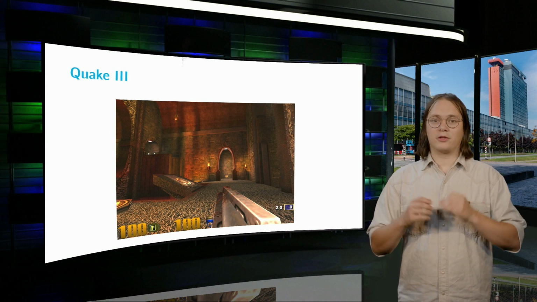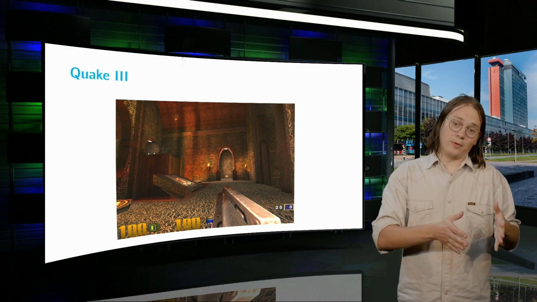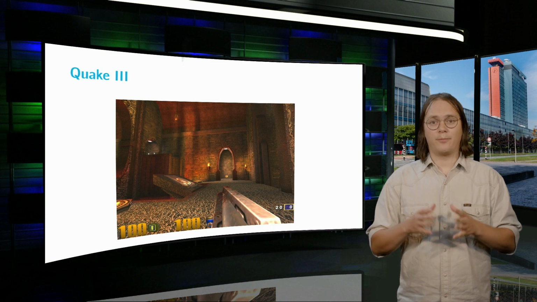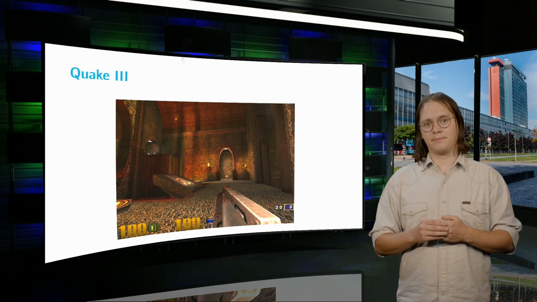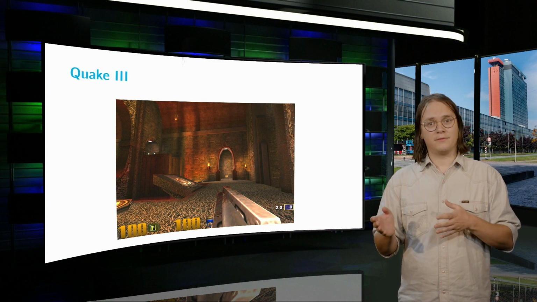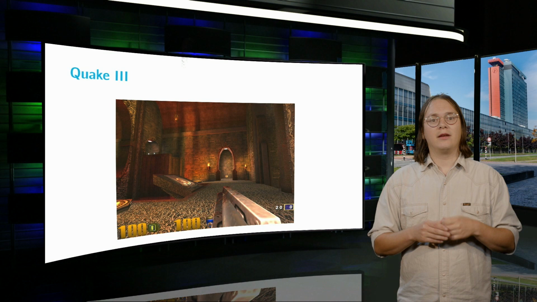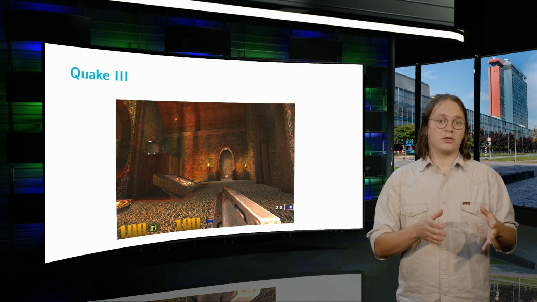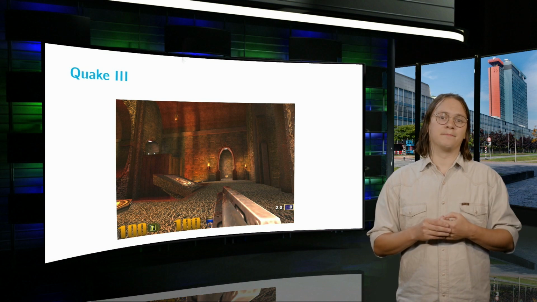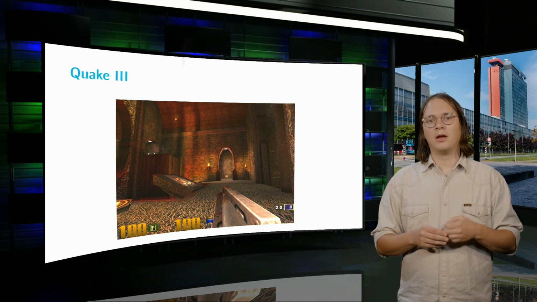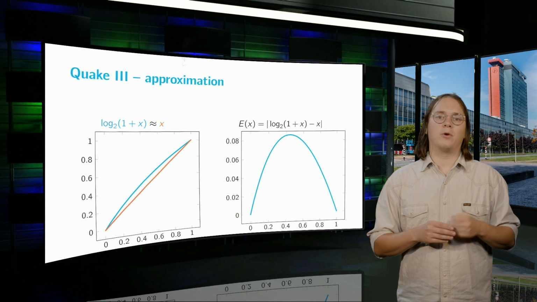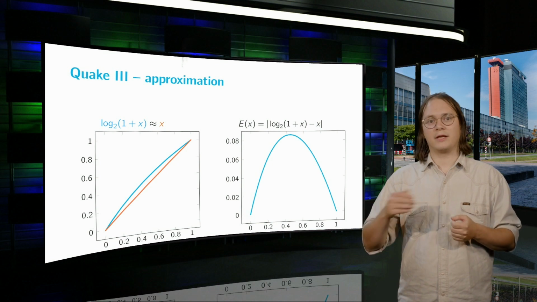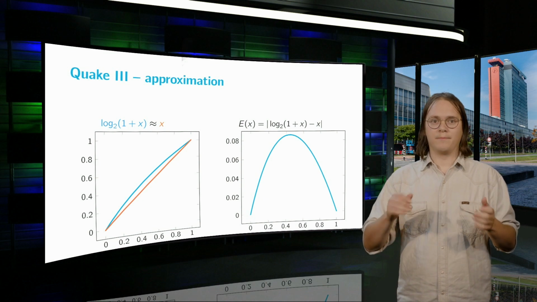Programmers found a neat approximation technique based in part on some computer hacks, but also in part on the approximation of base 2 logarithm of 1 plus x by x. You can find comparison videos online of what the increase in computation speed by using this approximation did for the gaming experience. It did quite a lot. Here you see the graphs of the function f of x equals base 2 logarithm of 1 plus x and g of x equals x for x between 0 and 1.